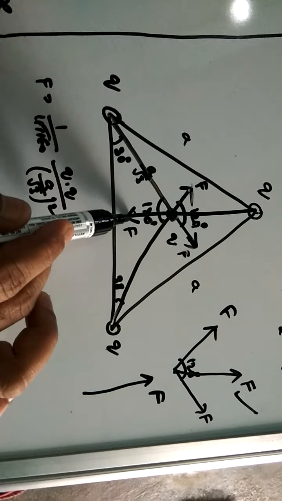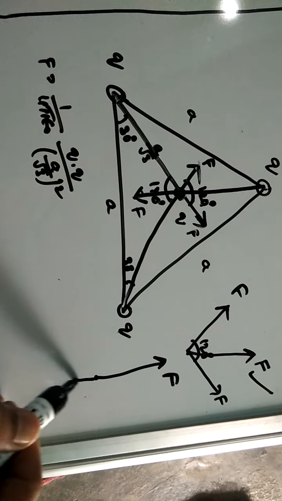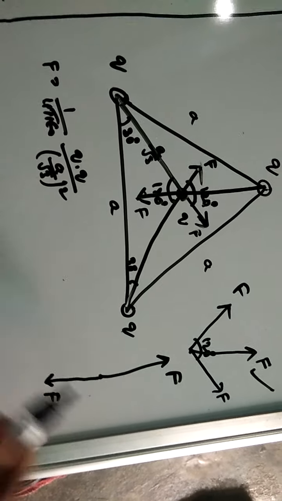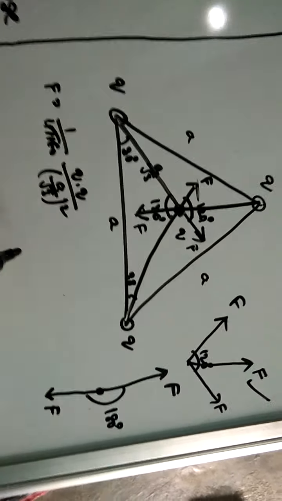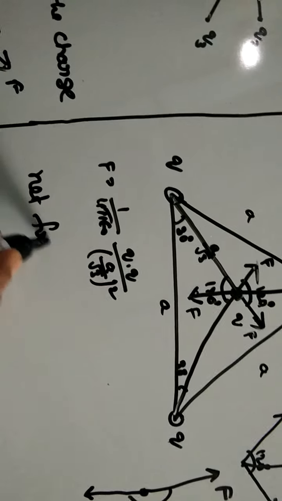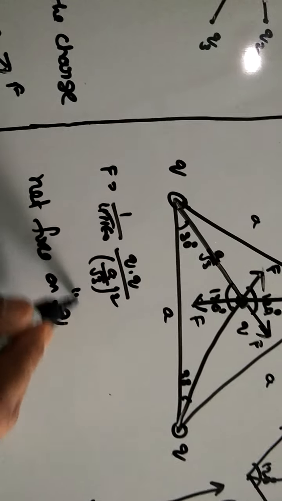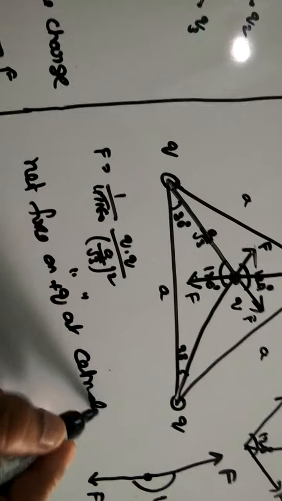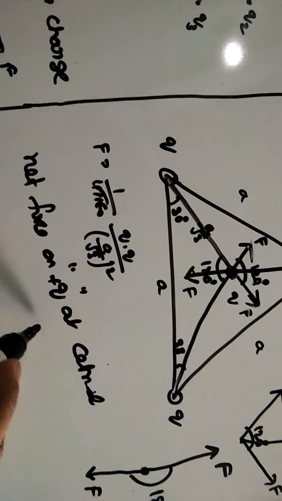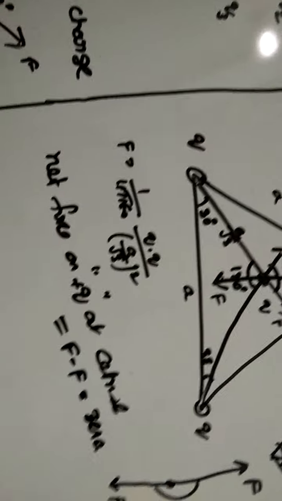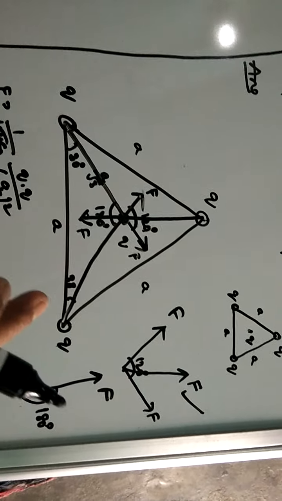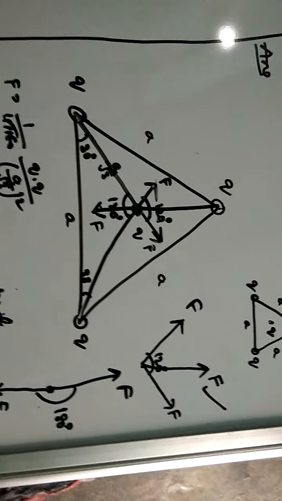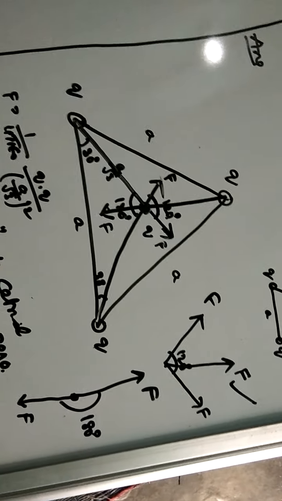Now the third force I am considering, which is acting downwards like this, which is also f. So these two are equal and opposite. Automatically, what is the net force? Net force on plus q at the centroid. These two are equal and opposite, so they cancel. So the net force is nothing but f minus f, that is nothing but 0. And we can see this type of so many numerical questions. We can solve them just in this method. And we are going to see the next concept in the next slide.